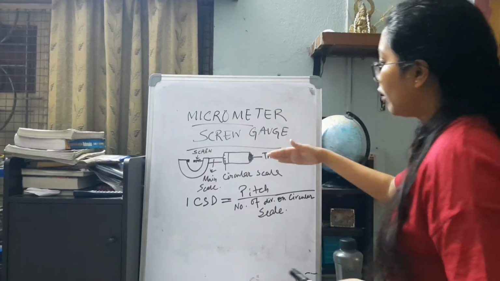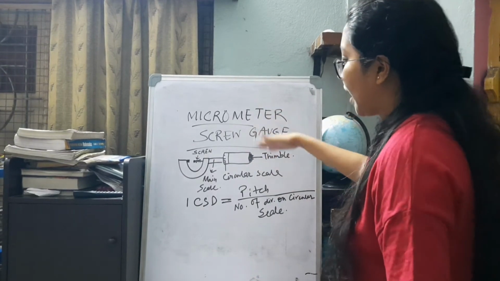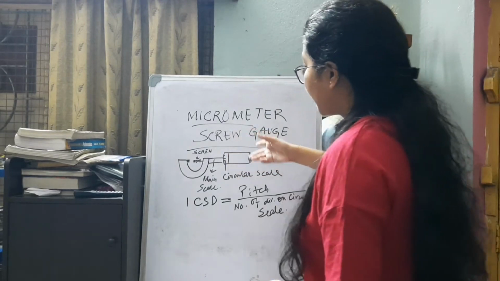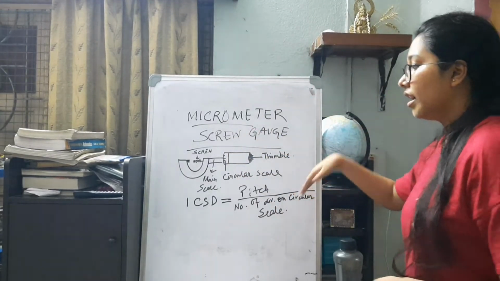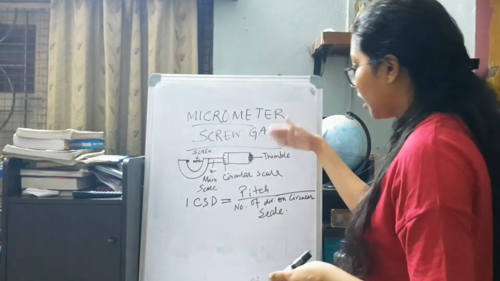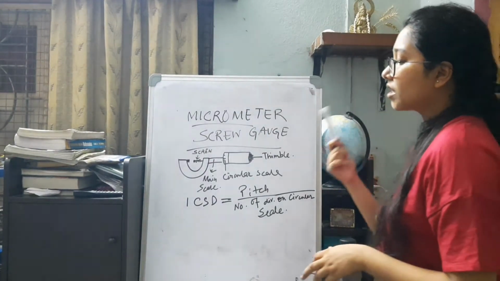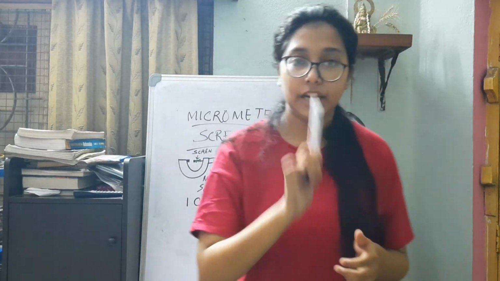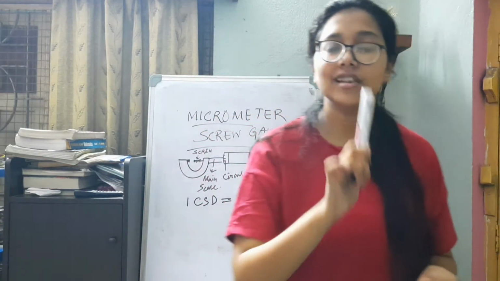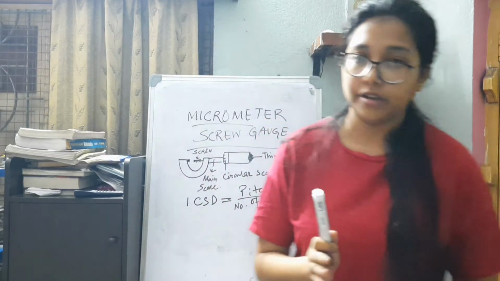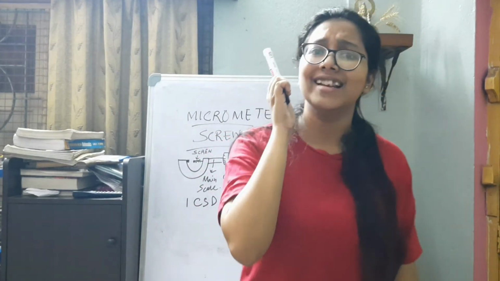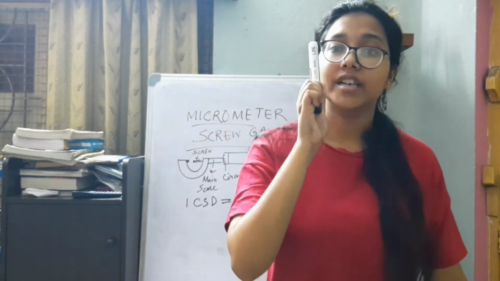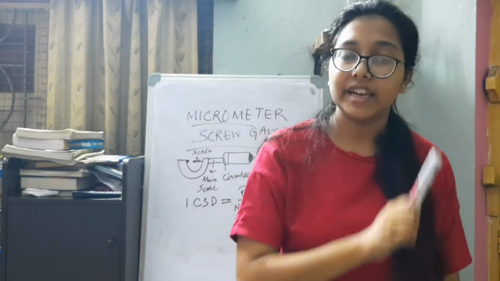In general, with the help of the thimble only, the screw is rotated, and we can see that the circular scale here is equivalent to the vernier scale. Just like we had the vernier scale, here there is the circular scale which is getting rotated. Now what is the value of one circular scale division? It is the minimum value which it can measure, the minimum length which it can measure. That is the value of one CSD, or one circular scale division. So one circular scale division means it is the least count, the least value of length it can measure.